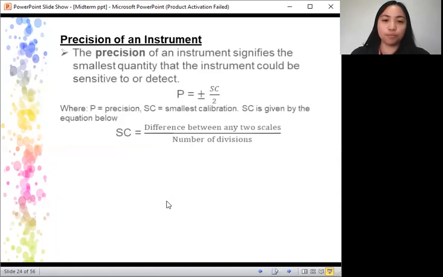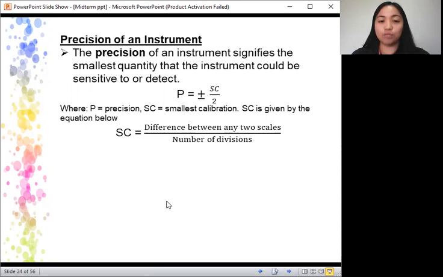Okay, precision of an instrument. So the precision of an instrument signifies the smallest quantity that the instrument could be sensitive to or detect. So the formula on how you get the precision of your instrument is that P is equal to plus minus SC, which is the smallest calibration, divided by 2. So P is the precision, SC is the smallest calibration. So the question is, how will you get the smallest calibration? So the formula for smallest calibration is equal to the difference between any two scales divided by the number of